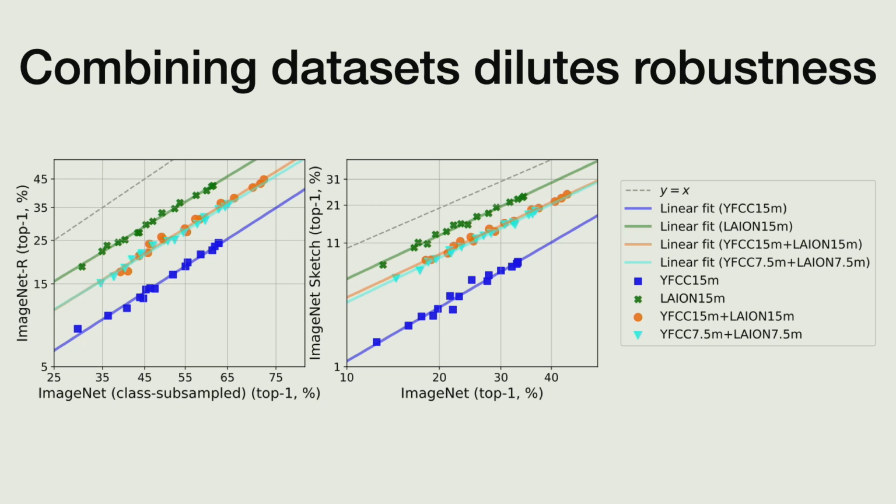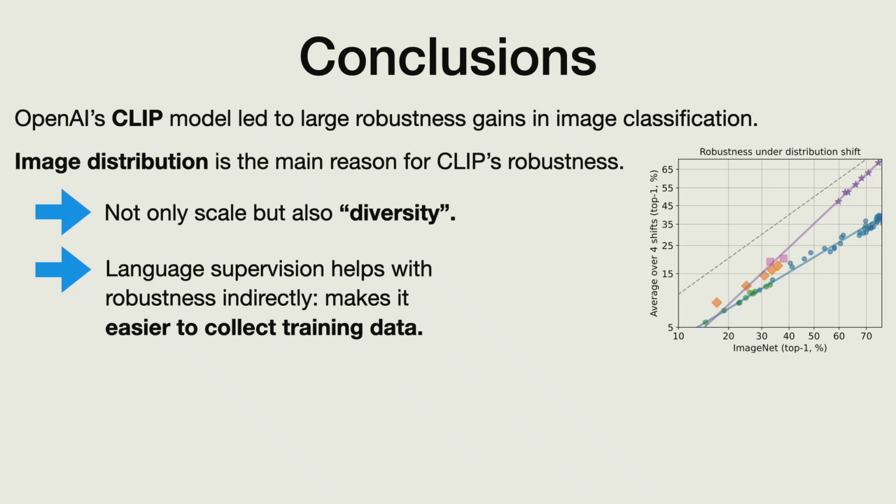Okay, so now we are at the end because we're also kind of out of time. So, conclusions. At a high level, the main takeaway is that the OpenAI CLIP model is a lot more robust than any of the image representations we had before. And the two big things that played into this are the ability to do zero-shot inference and then improved fine-tuning. The other one is having a more diverse pre-training set. And I have no idea how to make diverse more concrete. I think this is a really great question.